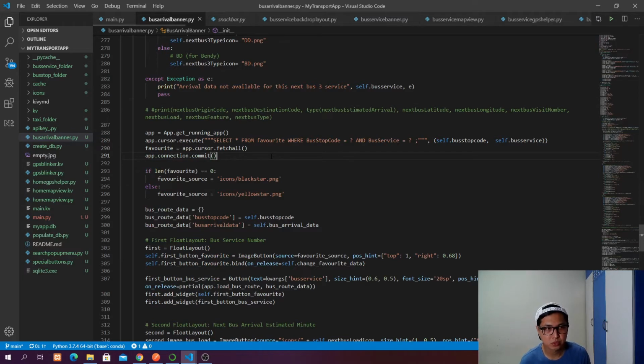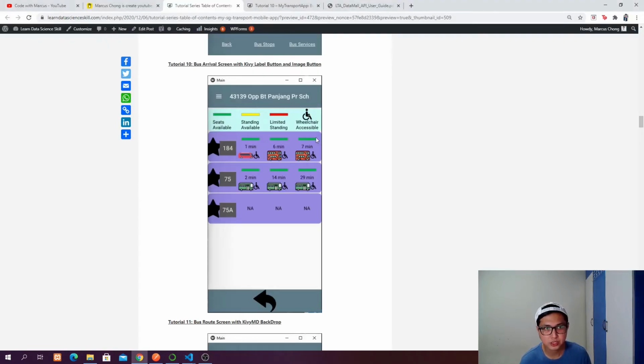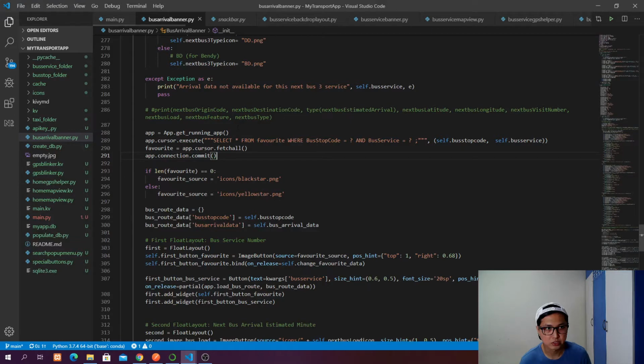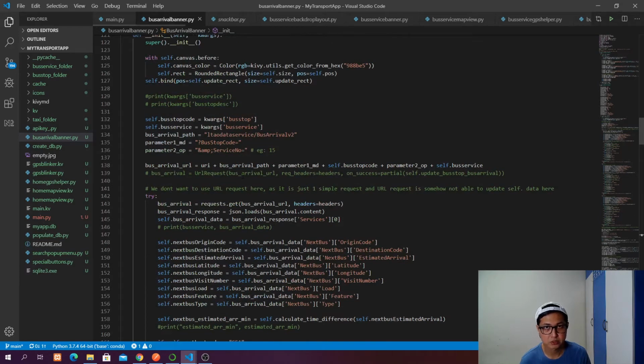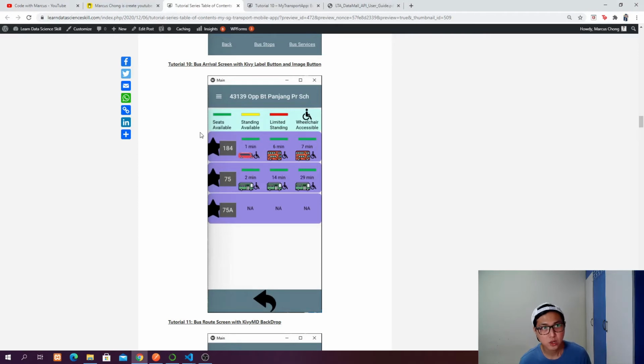and now we come to we want to handle for this. We already handled this. We prepare a variable ready to put inside the banner. Now we also want to handle for this. So remember that we want to create a table called favorite in our myapp.db. So once we have created the table, right, we can actually connect to this table, and then we do a select query from this table for the bus stop code and bus service number, which match with the bus stop code and bus service number that we pass to this banner. So one banner is going to have one bus stop code and one service number. Okay,